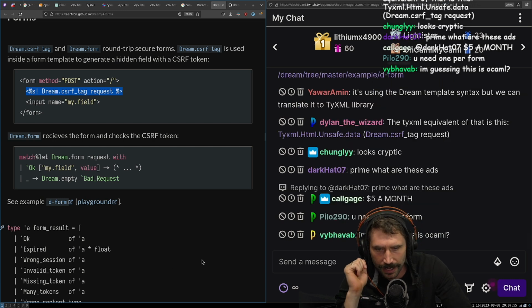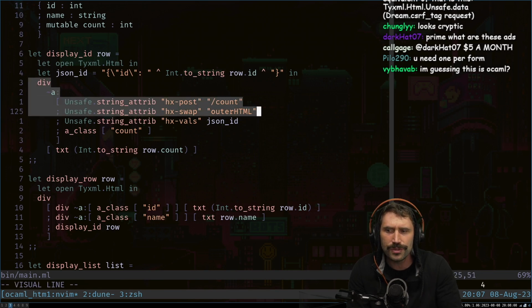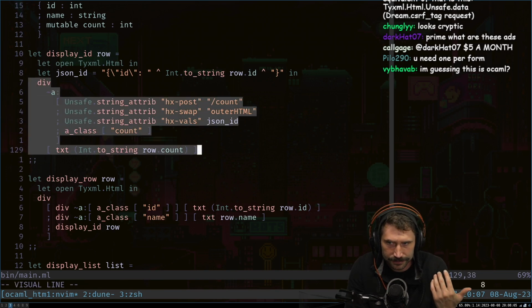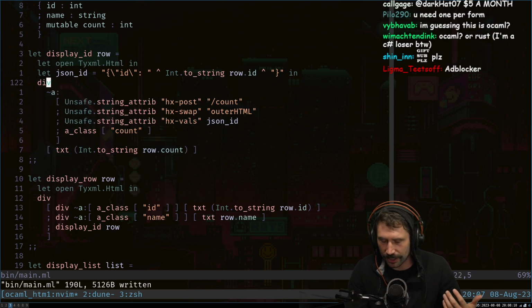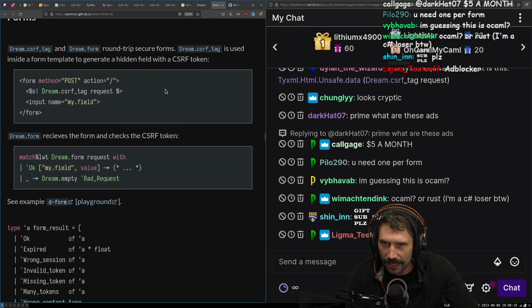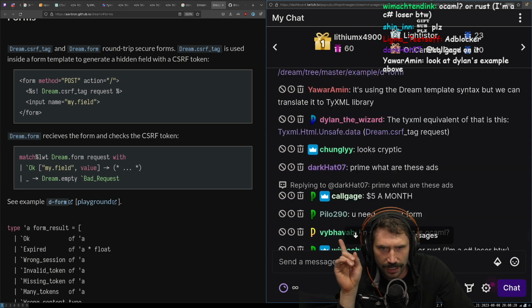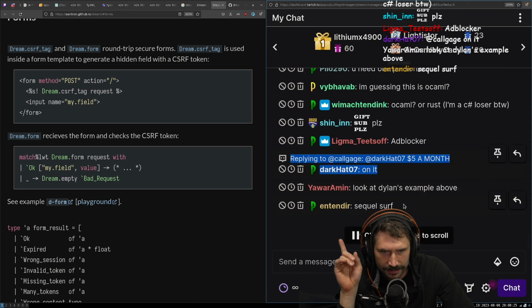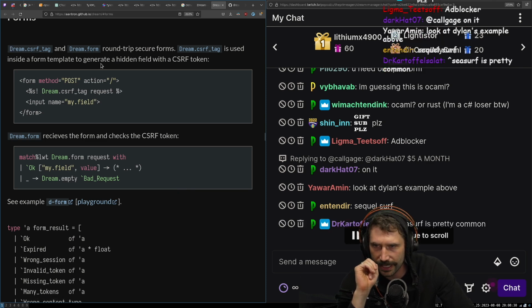You need one per form. Yep, that's what I was thinking. One per form. And now here's the thing, I'm not using that. I'm obviously using just a div, which means to be able to do the CSRF stuff, it needs to be whatever you call it. I call it CSRF. That's obviously not wrong. What else would you call it? Oh, gosh. Dark Hat did it. Squeal Surf? Yeah, it could be Squeal Surf. Okay, so with this thing, we got a little tag. We need to generate this one per form, which means